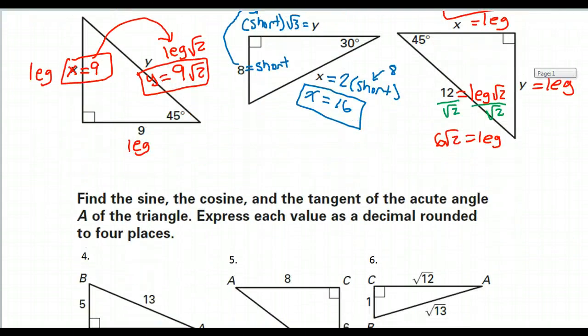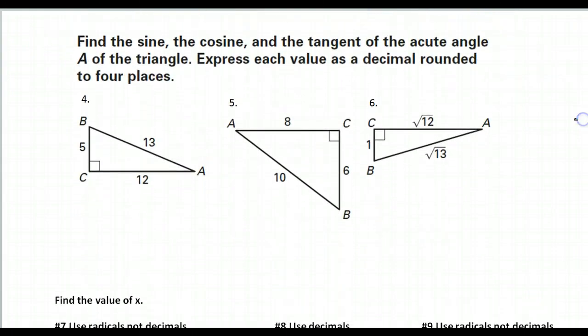All right, number 4. Got to read the directions to know what I'm doing. Find the sine, cosine, and tangent of angle A. Express each value as a decimal. Now,